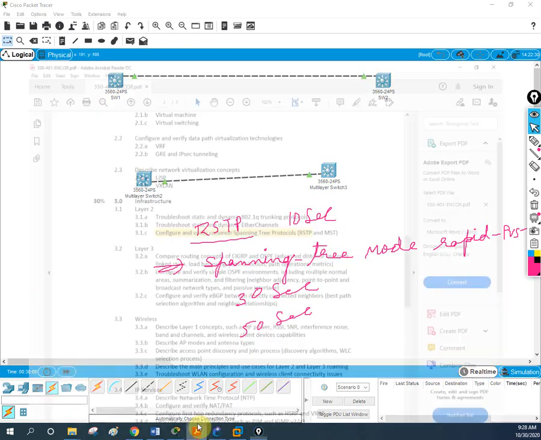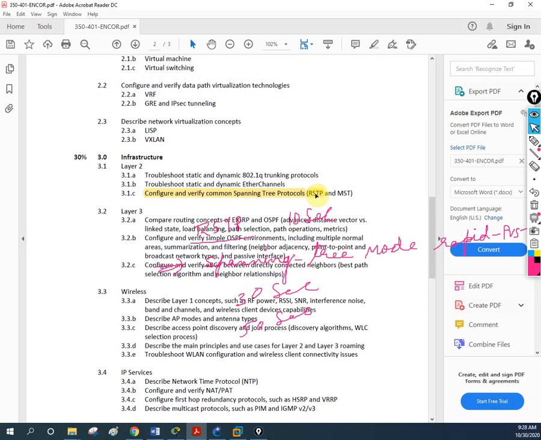Actually that topic is not in our syllabus, but it is in the CCNA, that is PortFast. It bypasses the listening and learning states and goes to the forwarding mode. It is a small topic, not that big, but the video has become lengthy. So in the next class we are going to do PortFast, and after that we will start MST, because I want you to know everything about STP. That's why I'm showing you STP, then PVST, then PVST plus.